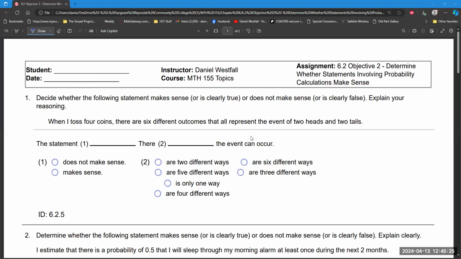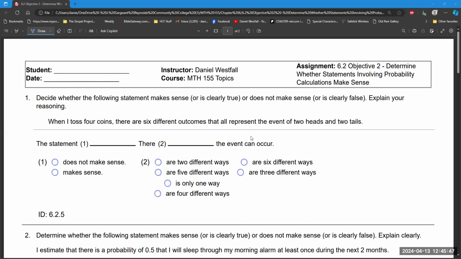In this video, we're going to talk about 6.2, Objective 2, where we determine whether statements involving probability calculations make sense. So our first question asks us to decide whether the following statement makes sense or is clearly true, or does not make sense or is clearly false. Explain your reasoning. When I toss 4 coins, there are 6 different outcomes that represent the event of 2 heads